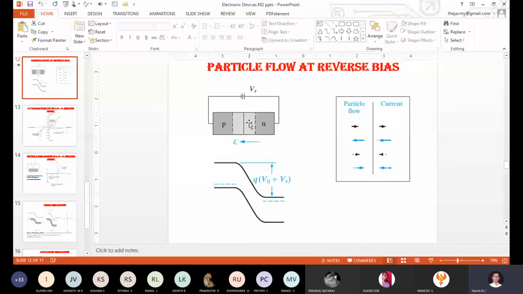So within this diffusion length, the new electron hole pair will be initiated. In the p side, electrons are initiated, and in the n side, holes are initiated. So once an electron is initiated in the p side, the electron is a minority carrier, right? It belongs to the minority category. In the same way, in the n type semiconducting material, when a hole is initiated, that hole belongs to the minority category in the n type.